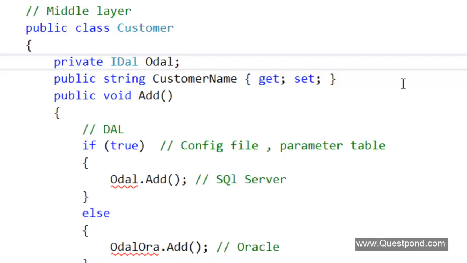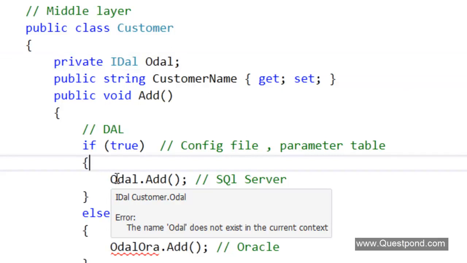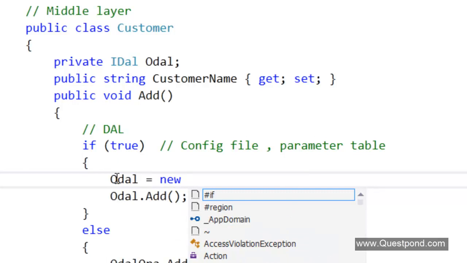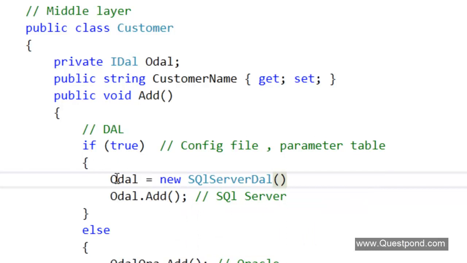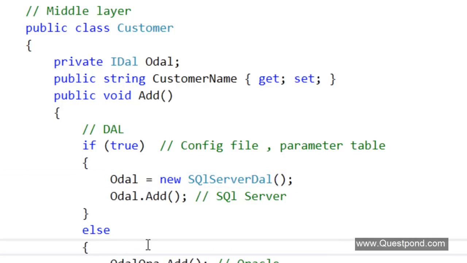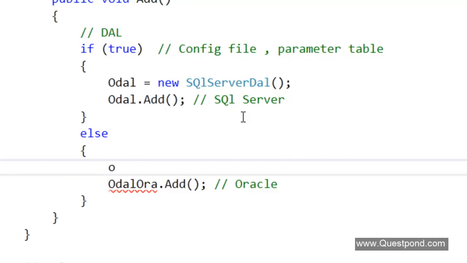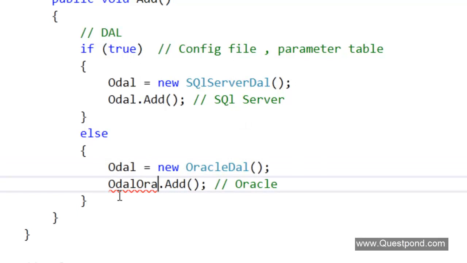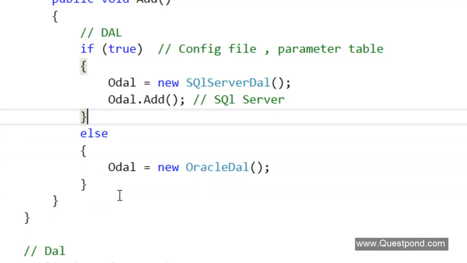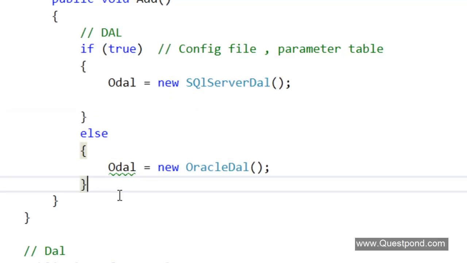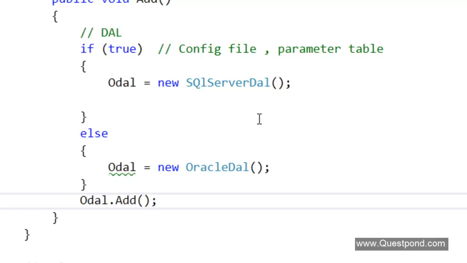Okay, and then depending on situations, I will either create a SQL Server data access layer, or I will create an Oracle data access layer. Okay, so I can remove this code from here, and here the object creation is happening, and here I will call data access layer dot add.